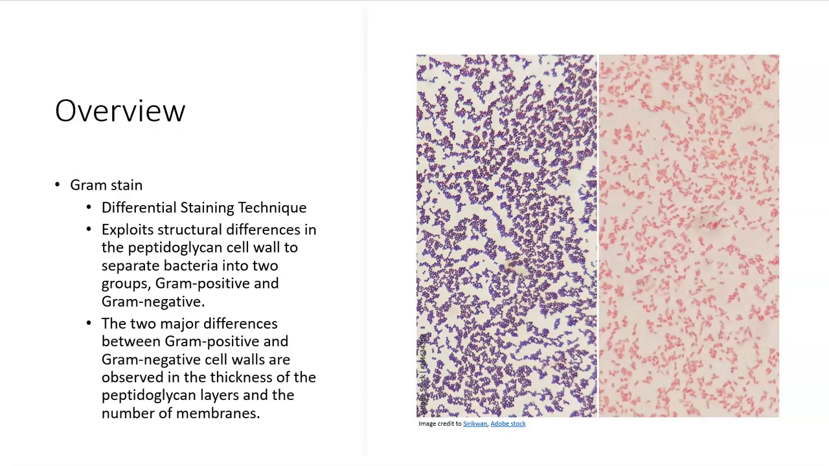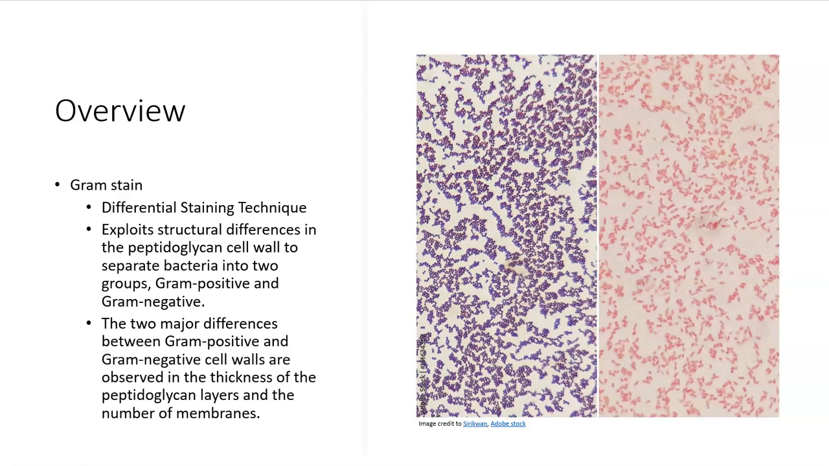So the Gram stain is a type of differential staining technique, which means you use two different dyes to stain different parts of cells or different types of cells. So it's much different than the simple stain where we only used one single dye to stain all the bacteria the same color and look at things like size, shape, and arrangement. And differential staining is more elaborate, and it's typically going to tell you more about the cell than just general